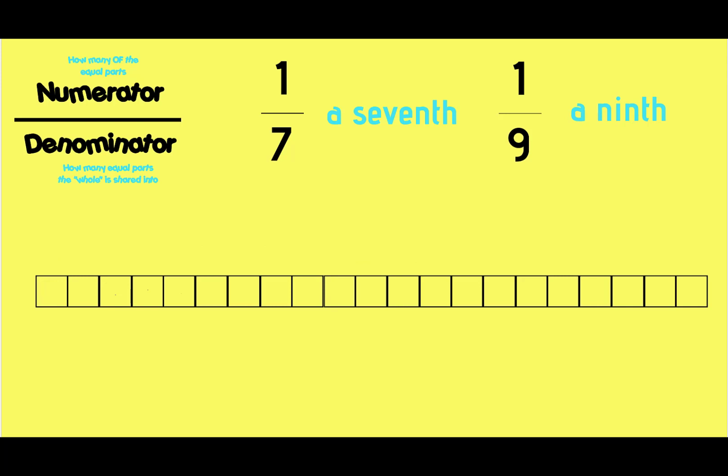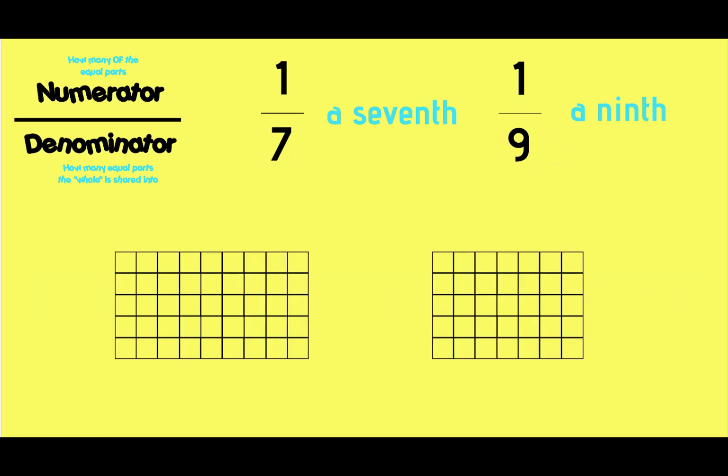That didn't work. I need to think about sharing my 21 squares into 9. Now 21 is not in my 9 times table. I can't share my 21 into 9, so I can't find a 9th of this bar. I could only find a 7th of it. So moving on to our final